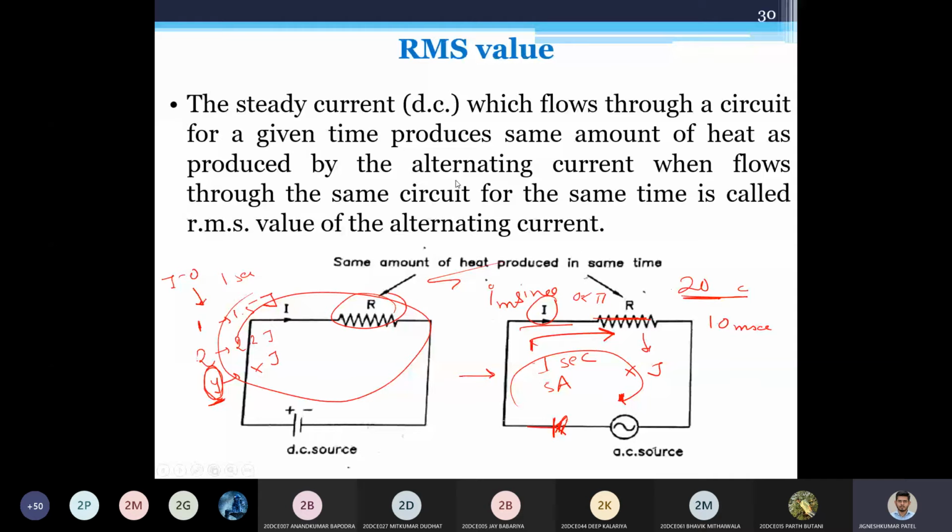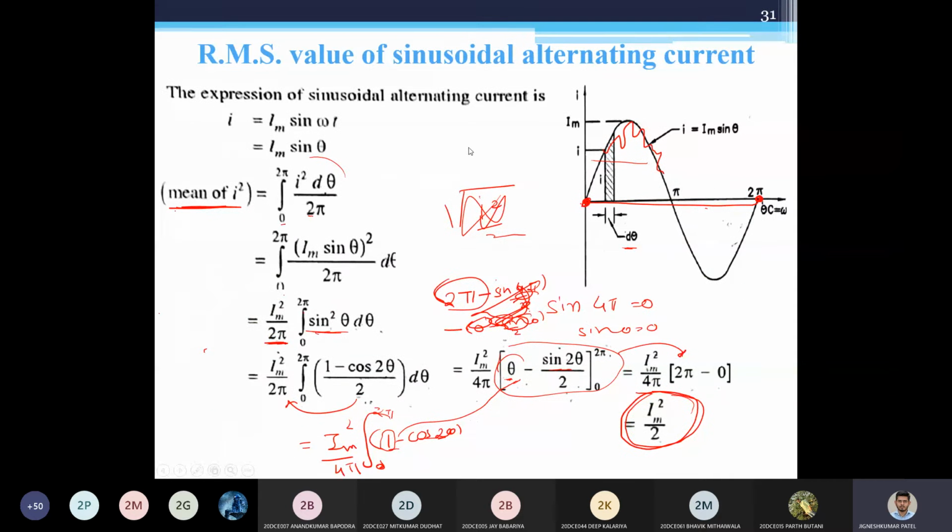When we see this, if you want to know when they can become the same: if you have this kind of square wave, in that case your RMS value and your average value will become the same. If you calculate for this, the RMS value and average value will become the same. But whenever we have a sine wave, the average value is different and the RMS value is different,